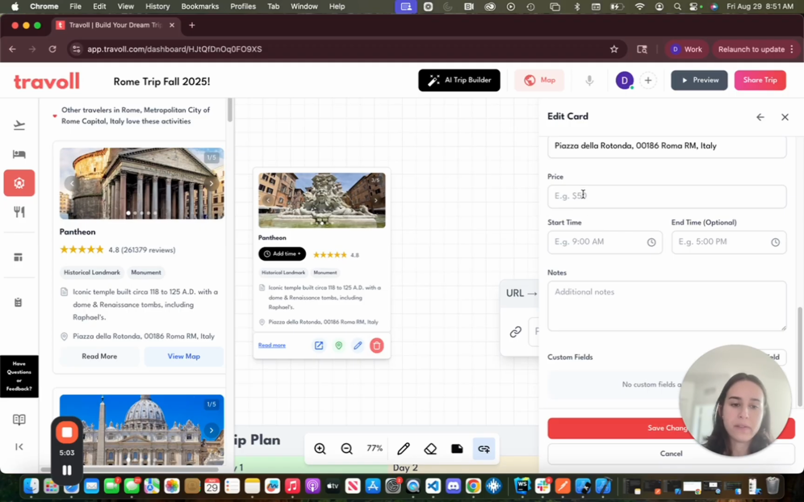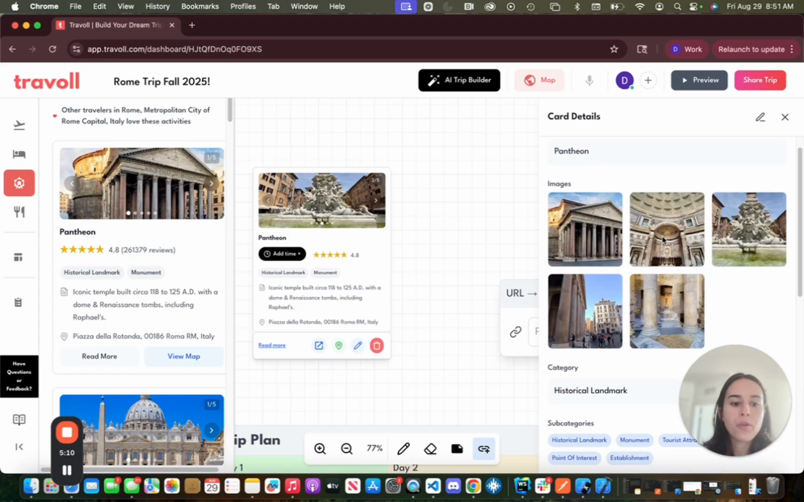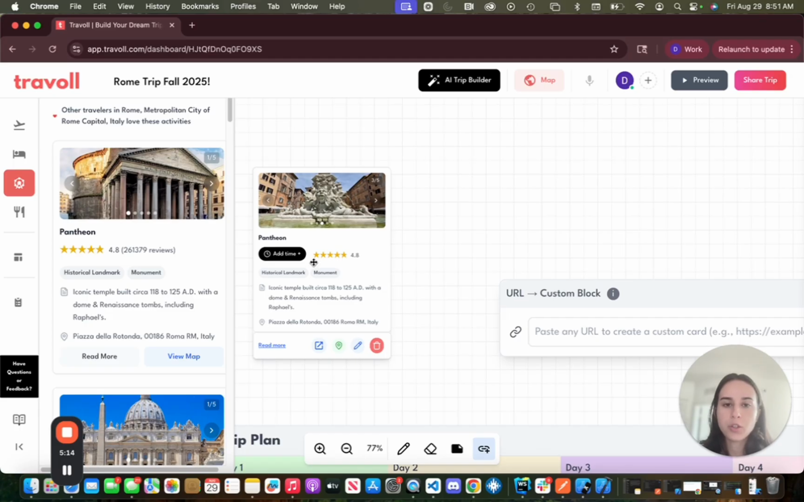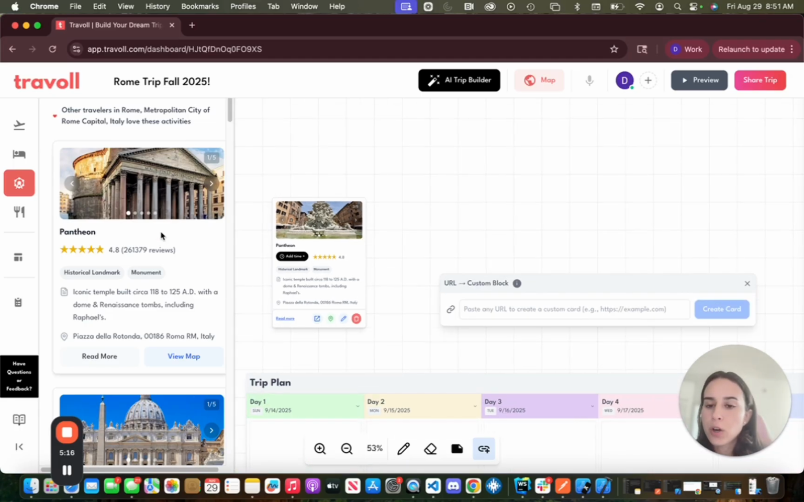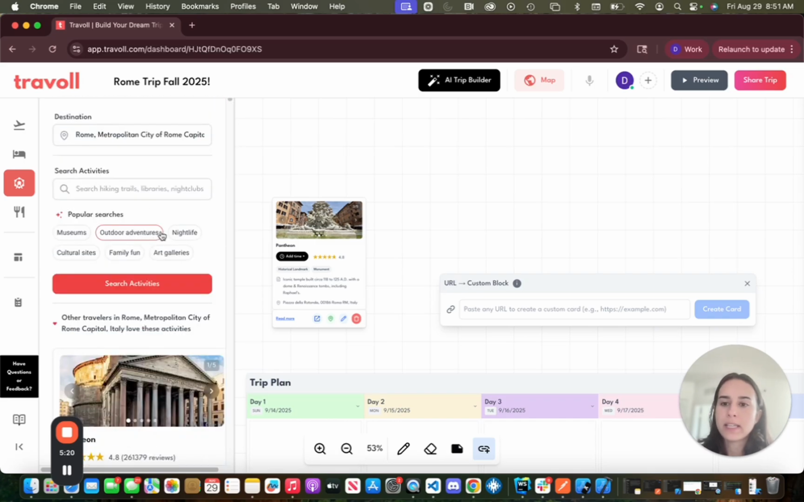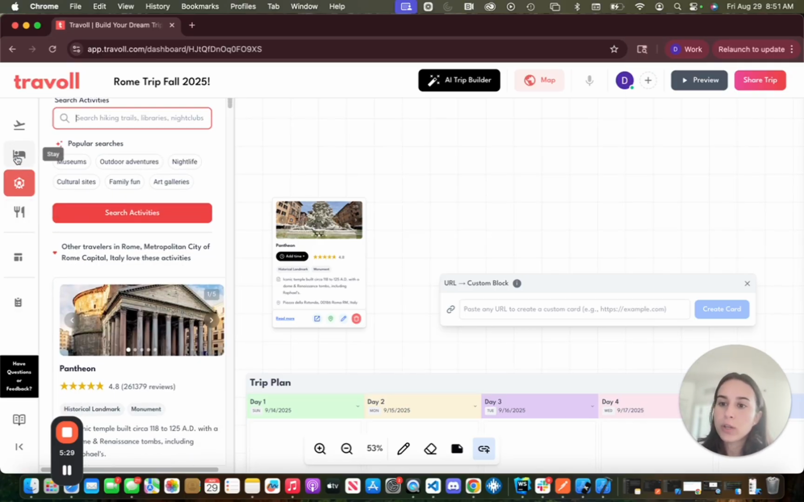You can add the price of the tickets if you bought them ahead, the start time, the end time, and all that stuff. So you have full flexibility to do whatever you want with your Travoll dashboard. So that's here. This is for that, and this is all the cool things that you could do. And like I said, if you don't find anything, maybe you want something more specific, you can actually search for it, and most likely you'll find it here. You can do that for stays,